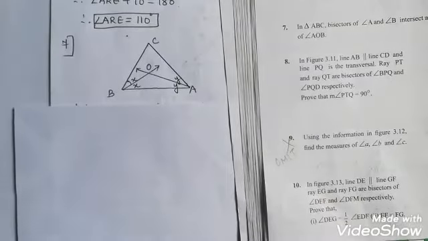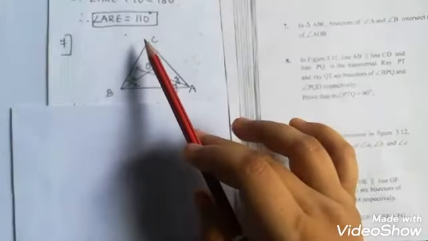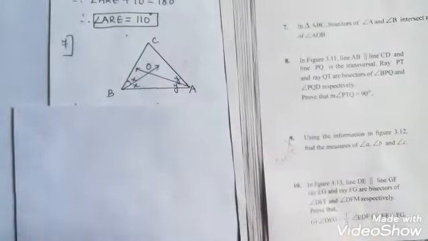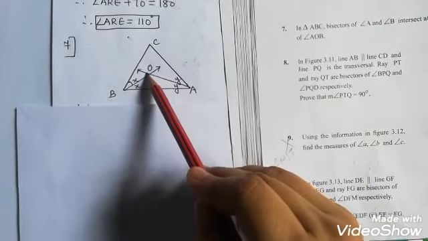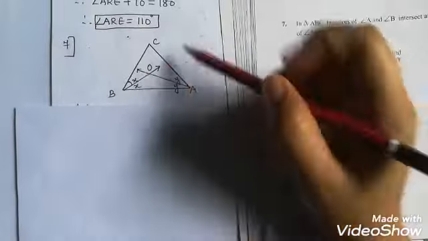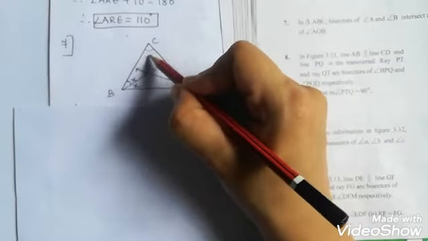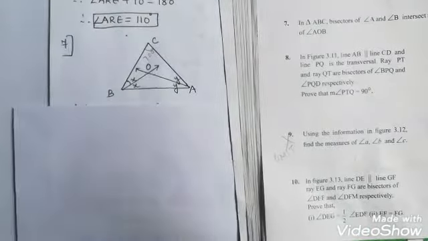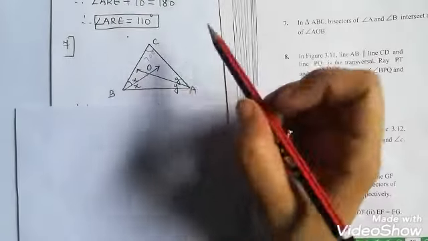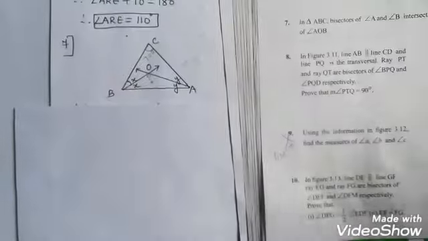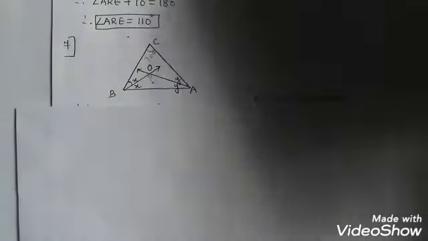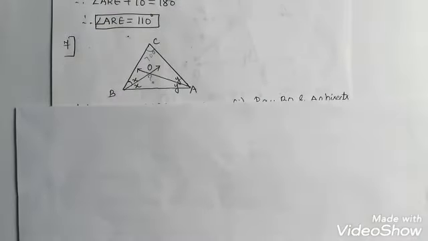The question says that in triangle ABC, okay, angle A and B intersect each other at point O. Okay, and angle C is given to us as 70 degrees. We have to find the measure of angle AOB. So this we have to find out. Angle AOB, we are supposed to find it out. So now let us see the solution part.